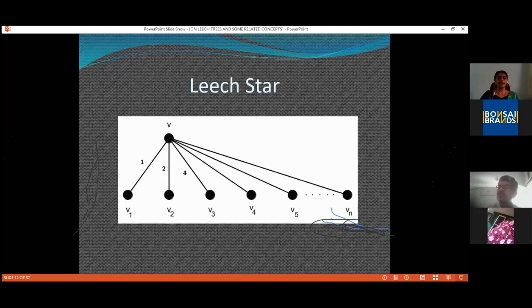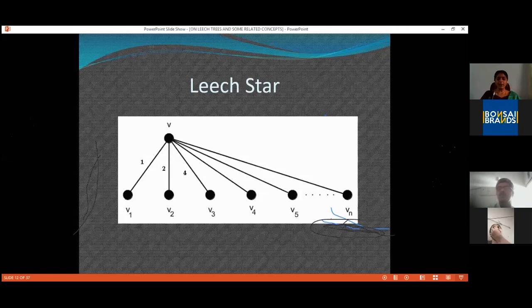Now V1, V3 gives me a path of weight 5. V2, V3 gives me a path of weight 6, and that is all. So here I am again with a Leech tree on 4 vertices if there are no more edges to be labeled. So K13 is a Leech tree. That is what we got. And if there are more edges, let us proceed. Here we are having path weights up to 6.